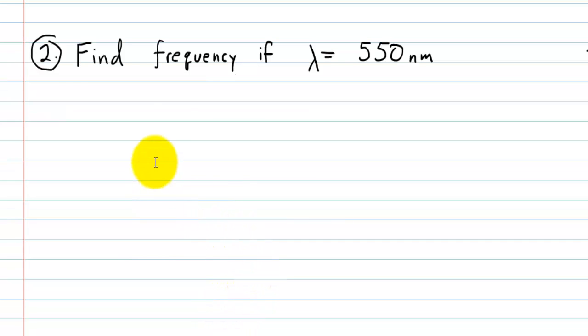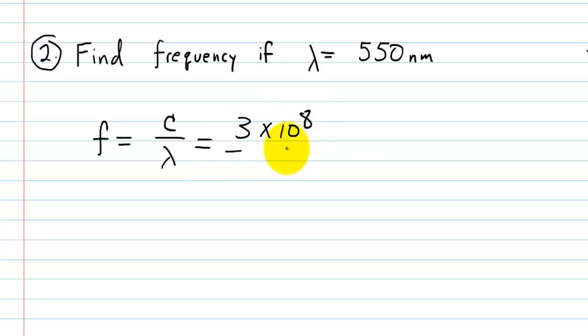Now you have here, and it's asking you to find the frequency if lambda, the wavelength, is equal to 550 nanometers. Well, this is exactly the same as the first problem. It's just the frequency is going to be equal to the speed of light divided by lambda. And again, we're just going to pop in 3 times 10 to the 8 meters per second over lambda, which